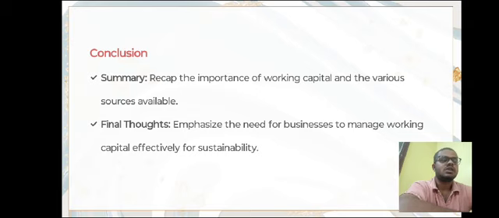Equity financing: raising capital through the sale of shares in the company, providing cash without the obligation of repayment. Government grants and subsidies: financial aid provided by government bodies that do not require repayment. Crowdfunding: raising small amounts of money from a large number of people, typically via online platforms. Each has its own advantages and disadvantages, and the best choice depends on the specific financial